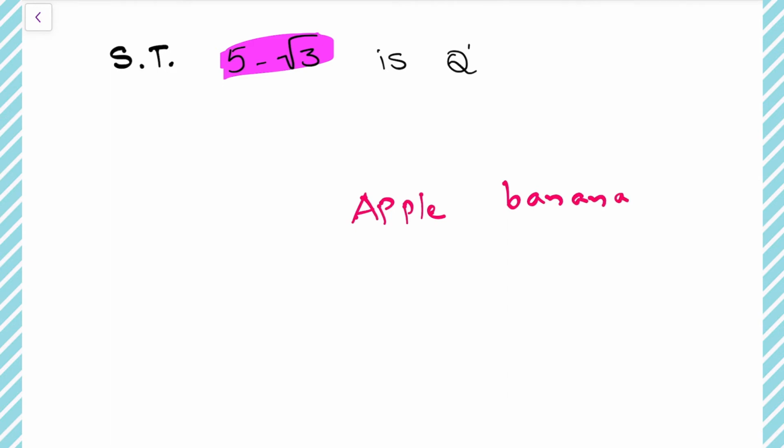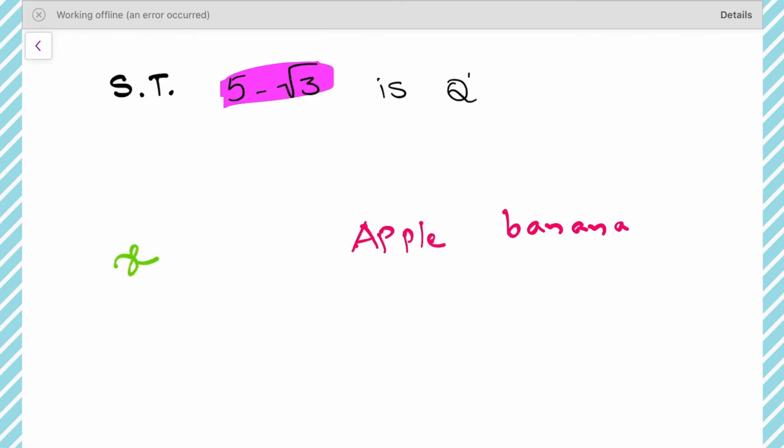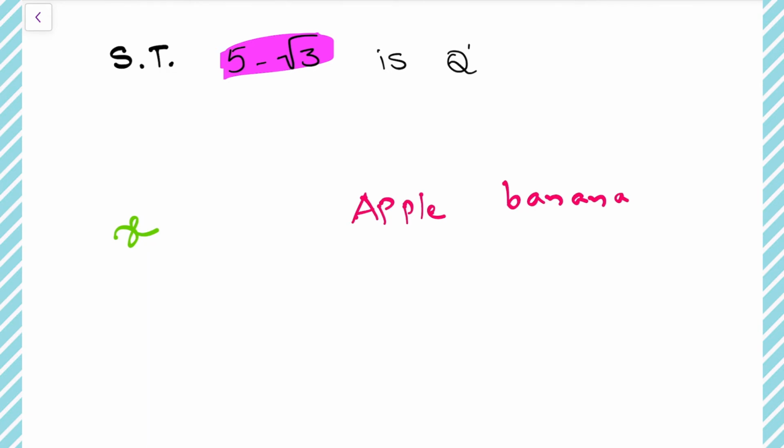on our earth we have only 2 fruits. One is apple and one is banana. Now what I did is, I gave you one fruit in the basket which you don't know what exactly it is. So what I am saying is, prove that the given fruit is a banana. So what you will do is, you will prove that the given fruit is not an apple. Then obviously it will be a banana only, because as per our knowledge only 2 fruits are there. If you are able to prove that it is not an apple, definitely it is a banana.